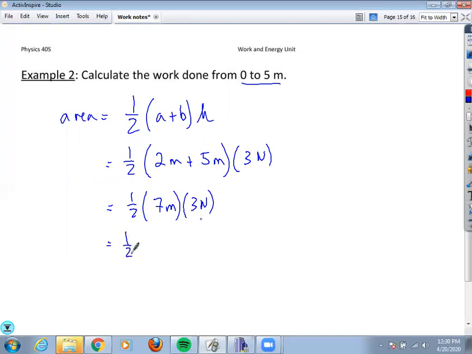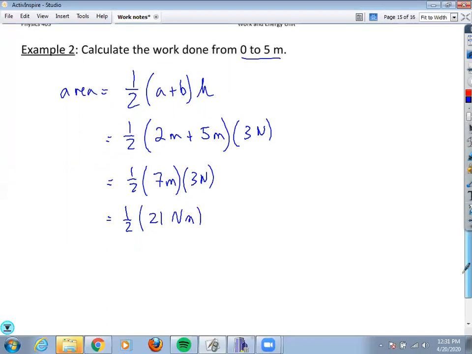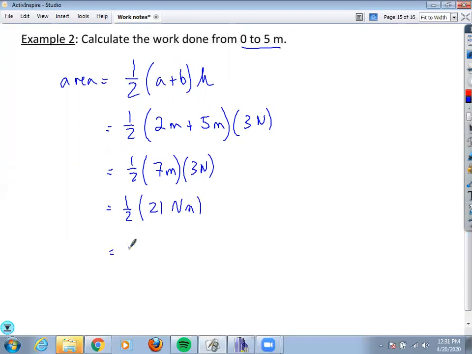That would be 1/2 times 21 Newton meters. And you get positive 10.5 joules. And that would be an example of calculating the work done